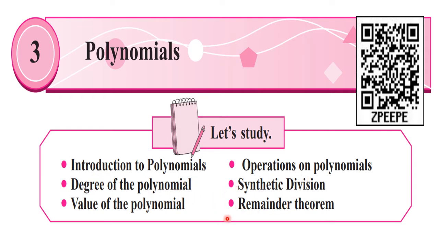Now this chapter is very important here. In 10th standard you have the chapter named quadratic equations. Quadratic equations are nothing but when the polynomials we write in front of a zero, when we write zero in front of that, they become equations. Those equations we are going to study in 10th standard. That is why learning about polynomials is very important. All the terms you must know.